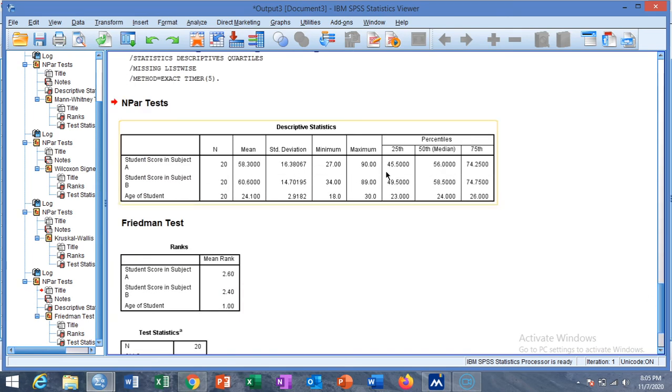These are the descriptive statistics for student score in subject A, student score in subject B, and the third variable is age of student. We assume that these are three related samples. This is sample 1, and this is sample 2, and this is sample 3.